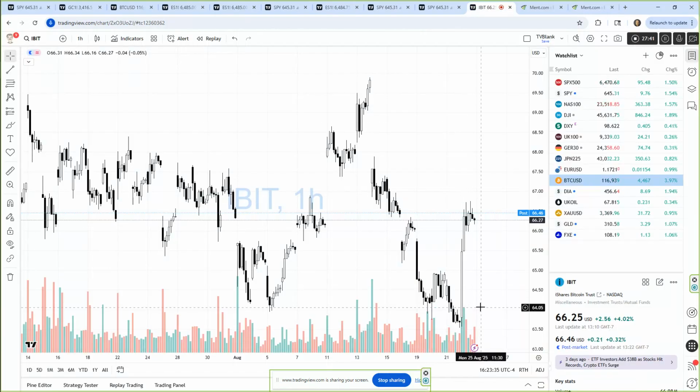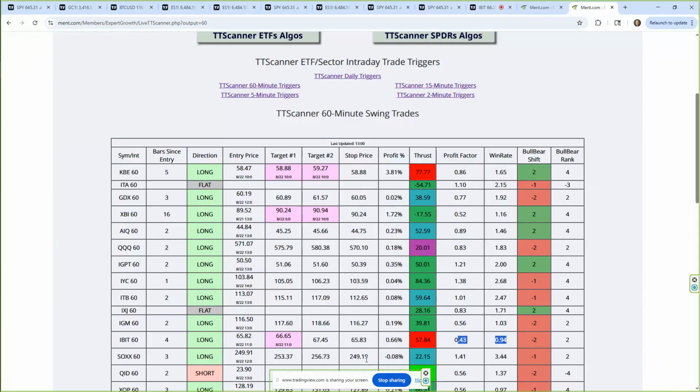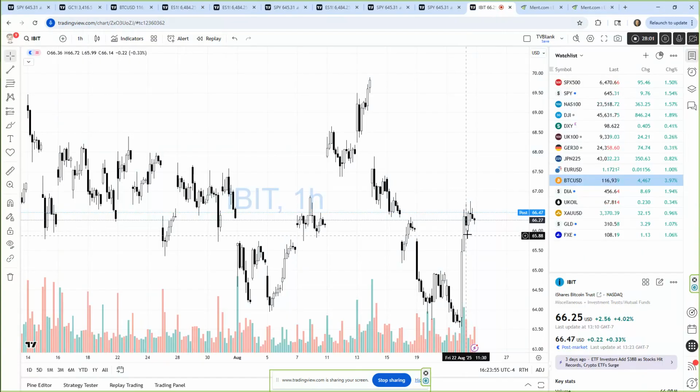And you can see where we're at here. That was 4 bars ago, got long back over here. Now, granted, the 5-minute got long earlier. The 60 minutes gets long later. But this is a long trade with an effective stop already set up right here, 65.83 above our entry price. So essentially, if we get below roughly that level, we're out of the trade.